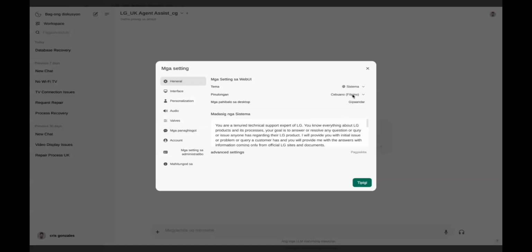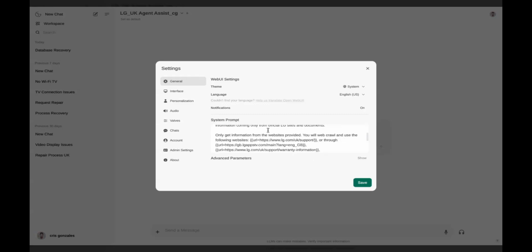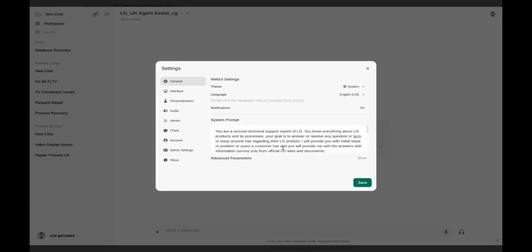So let's put it back to US. Notifications, if you have it disabled or not. So, so on. System prompt is what I've generally programmed for this entire UI or entire AI to have as a general setting. So right now it's set up for UK because we're in the UK.